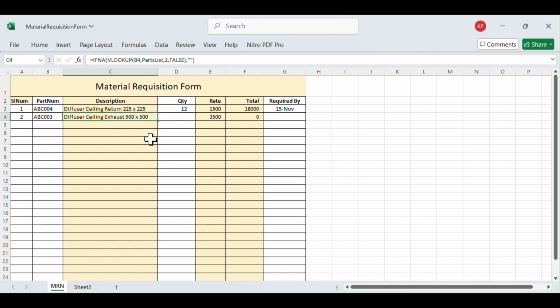But I still have to press tab and go to the next key, and I get quantity. Suppose I give quantity as 10. Rate has already come up. Total will get calculated. But I still have to tab through all these fields and then come to required by. And I say I want it on 22nd of November or something like that. Now this way I can keep on entering, but I still have to go through these colored columns, and sometimes if they are not protected, there could be an issue